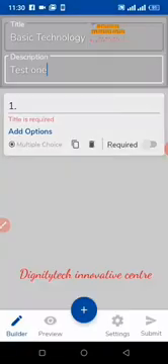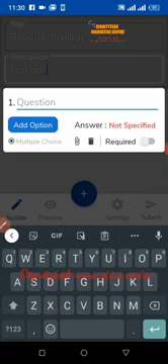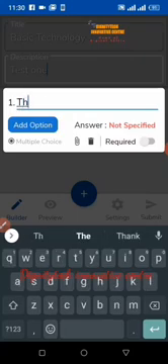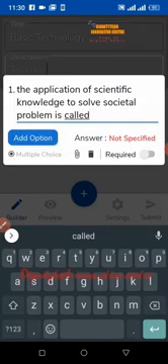So you select multiple choice, and then question number 1 pops up. You are expected to type your question. So let me have my question. Now, take note of some of the icons we have in this question. You can see the answer is not specified yet, and then there's a particular place we have required,